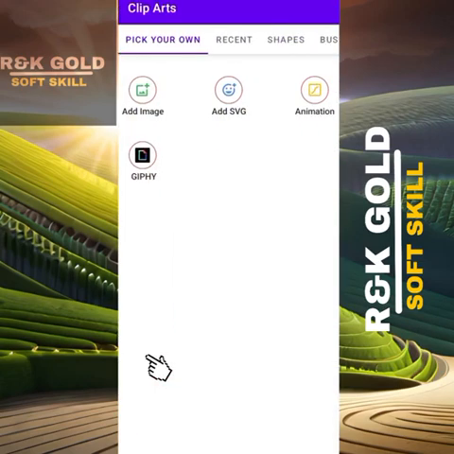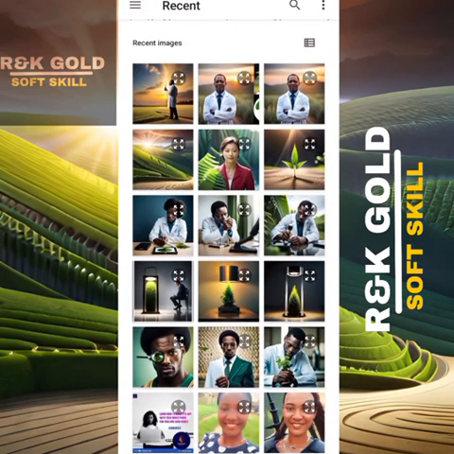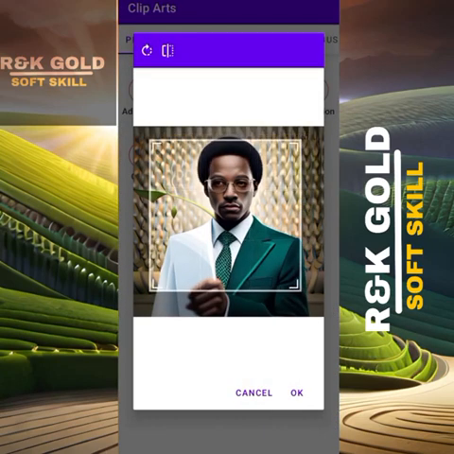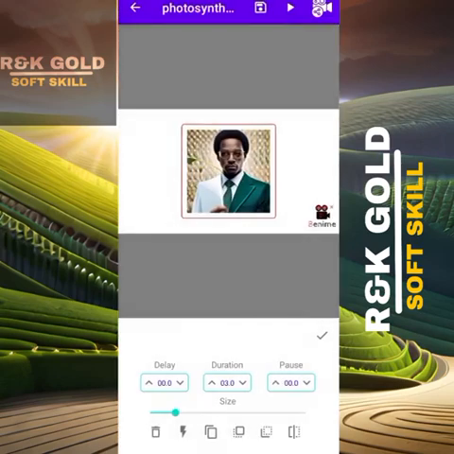Okay, so I go to my sticker, then I go to image, I go to add image. So that three dots icon there, I go there to pick. Okay, these are my images. I'm going to start picking from the images I want to use. I want to use this particular image, so I will reposition it well and make sure it fits where I